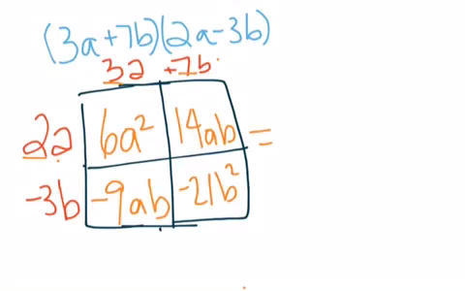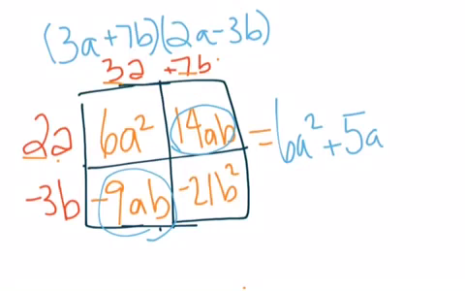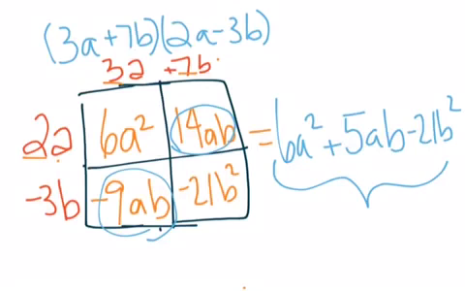All right. So I'm going to do this alphabetically because they all have the same degree. So I'm going to do 6a squared. Okay, let's combine this. So we have like terms right here and right here. We have a negative 9 and a positive 14. So that's going to give us a positive 5ab. Okay, minus 21b squared. And that's it. Okay, so again, typically, unless you're multiplying specialized binomials, you will end up with a trinomial after you multiply two